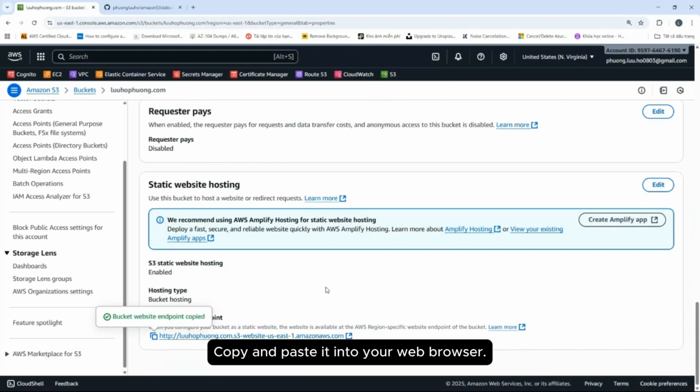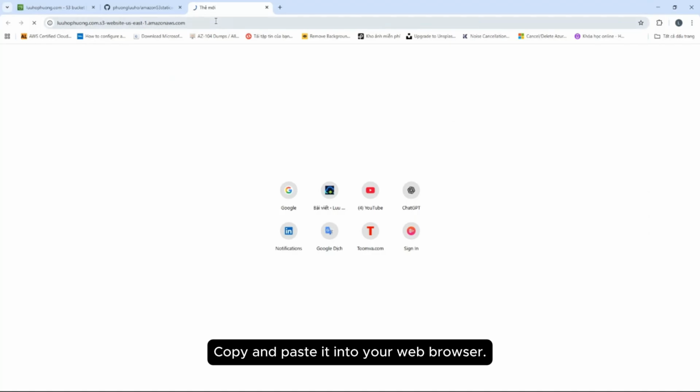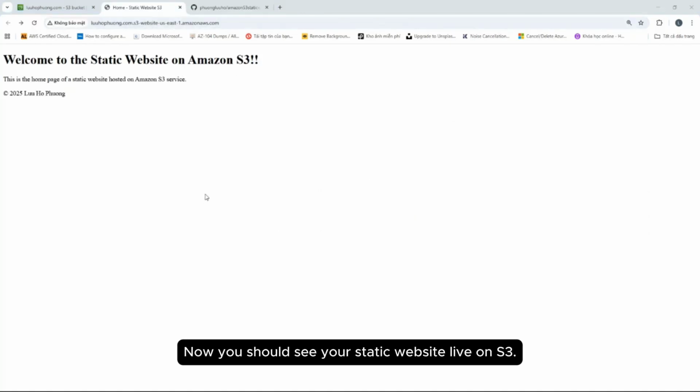Copy and paste it into the web browser. Now you should see the static website live on Amazon S3.